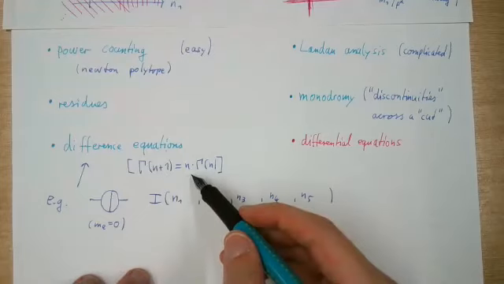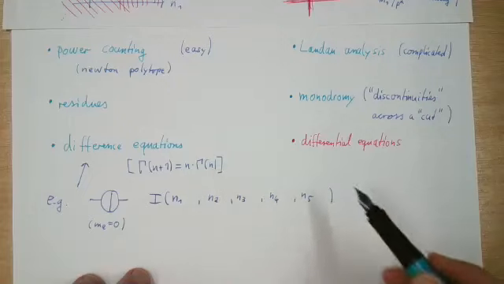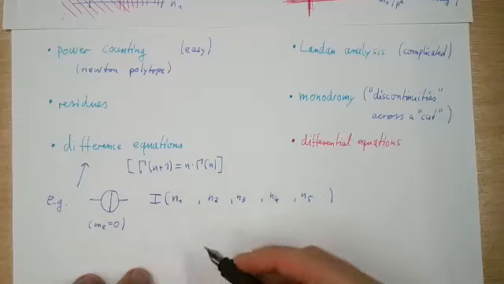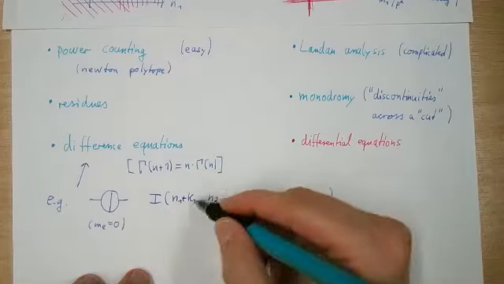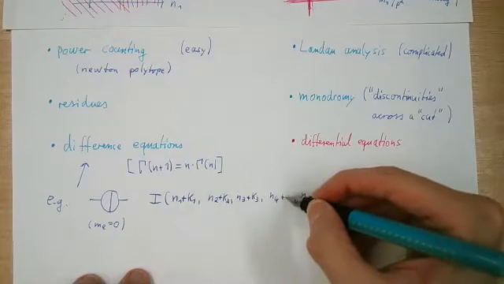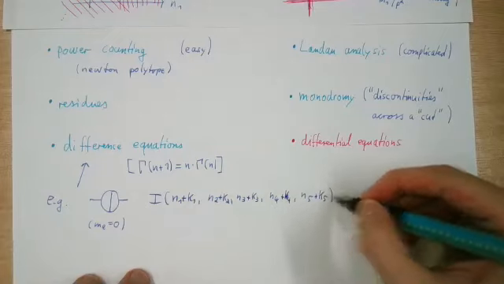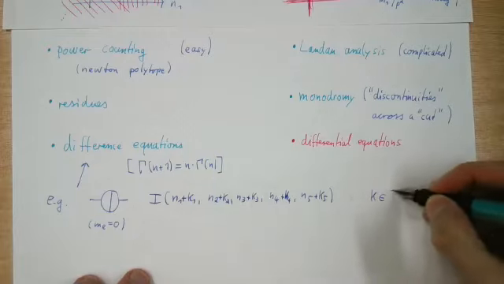Now, it doesn't work as simple as that. The problem is when you shift, you cannot always express it just as a multiple of the unshifted function. And you have to have several things on the right-hand side. So in this case, for this particular example, you can try to do the following. Let's say we shift the first index by some integer k1, shift the second by some integer, the third and the fourth, and so on. So let's say we look at all of these shifts, right? Then no matter what integers you choose,